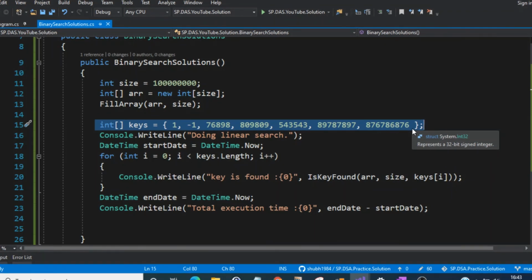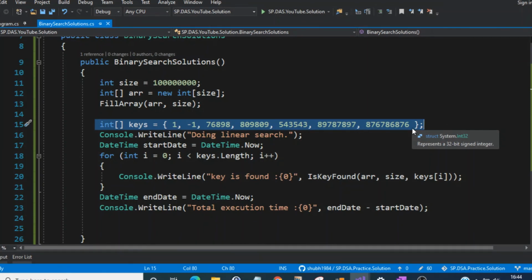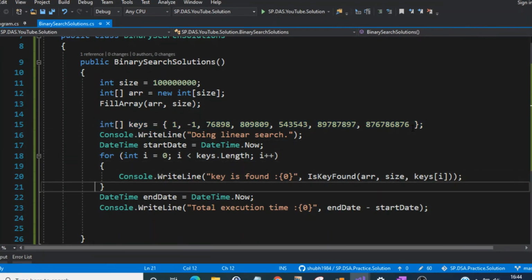It's fine only if your array size is very small, like 10, 20, 30, 100. But when your size grows, your time is going to grow, and there could be a time that your system